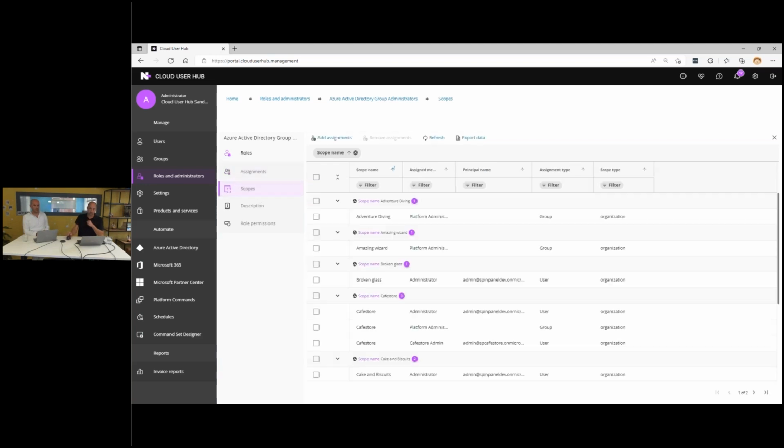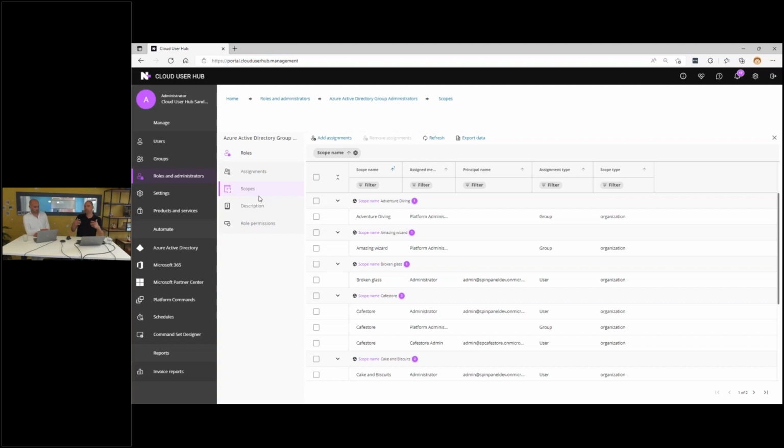If you look at the scopes, you get that overview of customers and groups and people that have access to certain customers and which scope is applicable. This is one of the most powerful features of the product, because this also makes sure that you don't see data that you're not allowed to see.